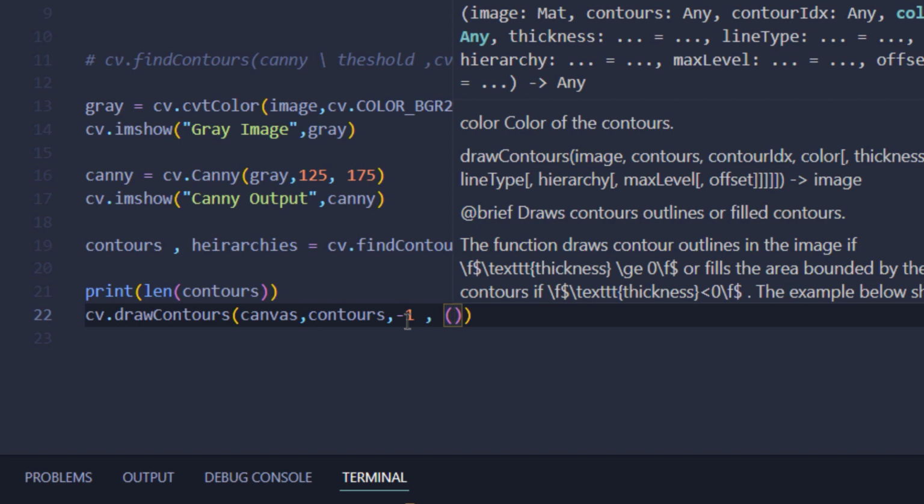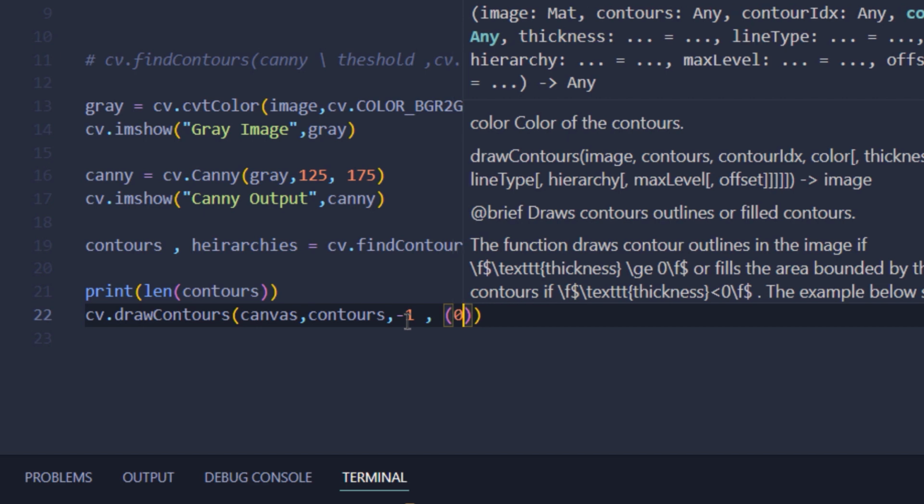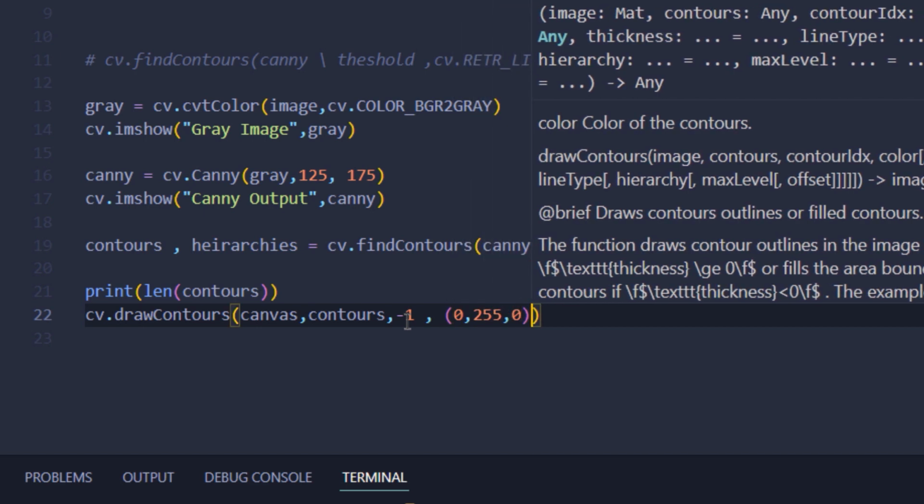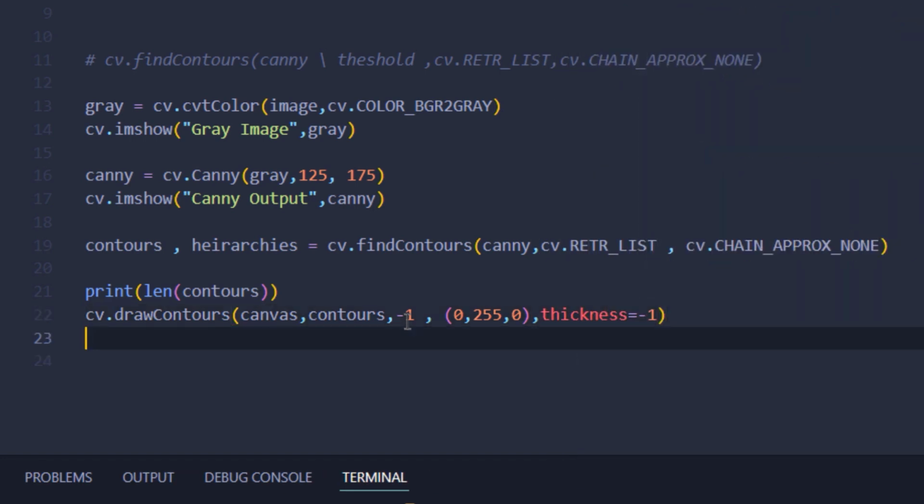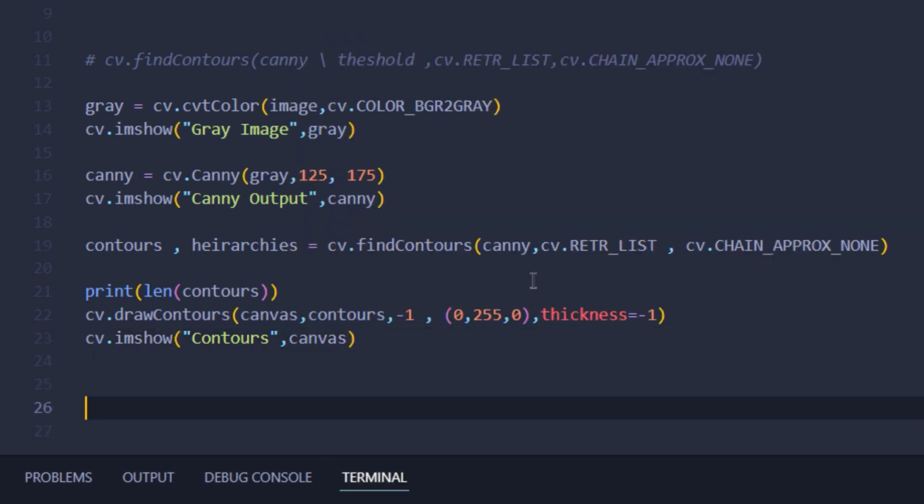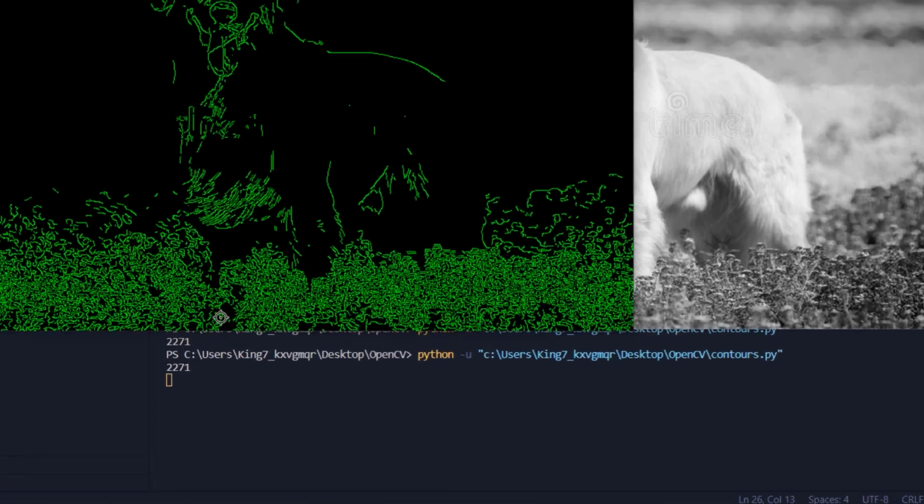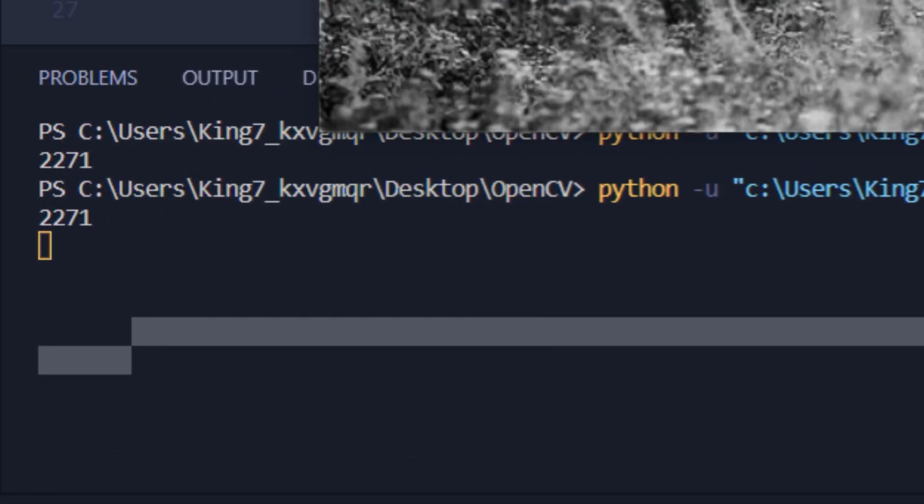After that, it takes in the color for drawing your contours. So I can go with the BGR scheme and type in, let's just go with green contours, so 0, 255, 0, and then it takes in thickness, so I'm going to type in -1. Then I can do cv.imshow, type in contours, pass in my canvas. So that should give us my contours, and at the very end we do the traditional waitKey. Save my program and execute it, and I get that I have a total of 2271 contours in this image,